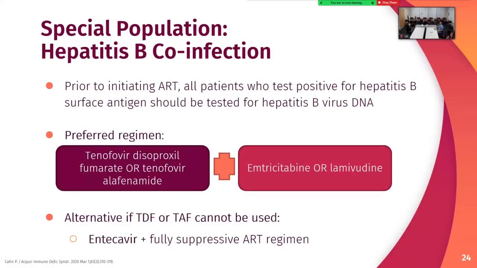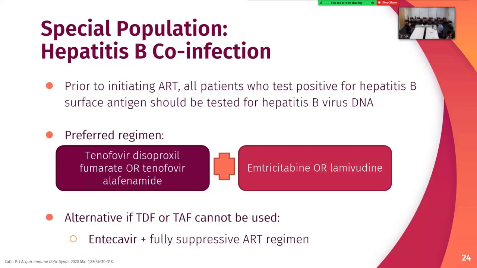So now moving into our special populations, particularly our hepatitis B population. In all patients before they get started on ART therapy, they should be tested for hepatitis B. If they have a positive hepatitis B surface antigen, they should have a viral load detected to see if they have active hepatitis B before initiating, and make sure that our patients are on agents that have some hepatitis B activity. So the guidelines prefer to use one of the tenofovir products plus either emtricitabine or lamivudine, and